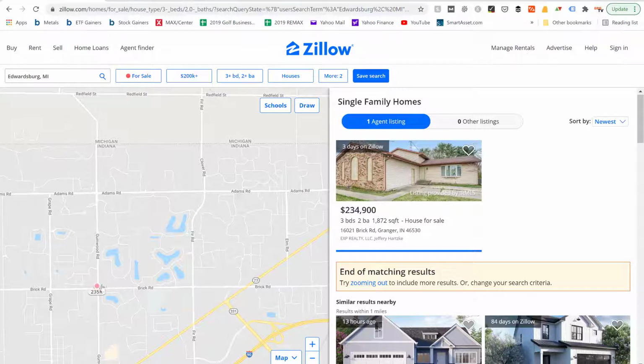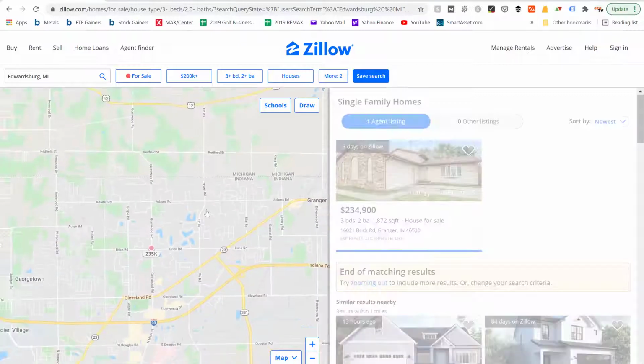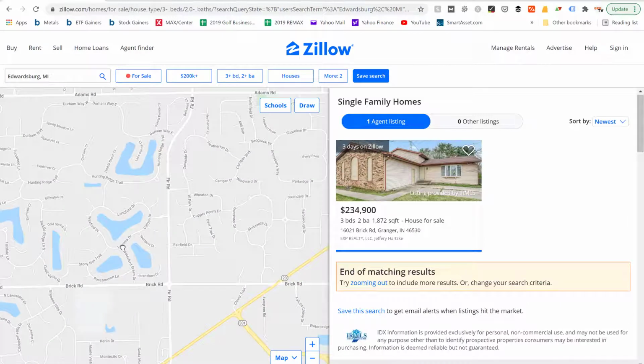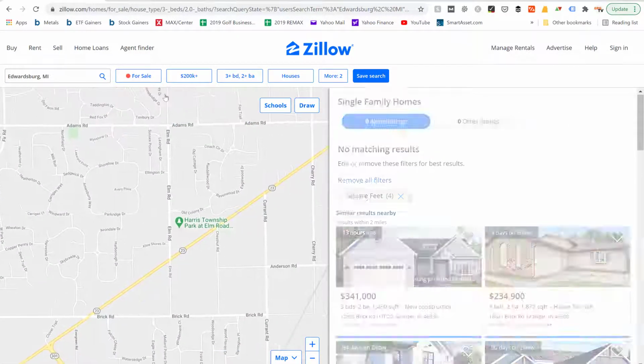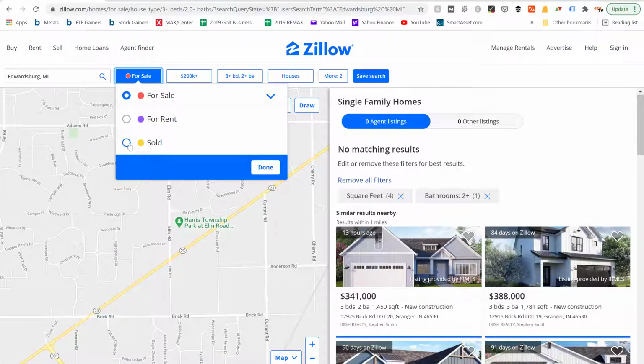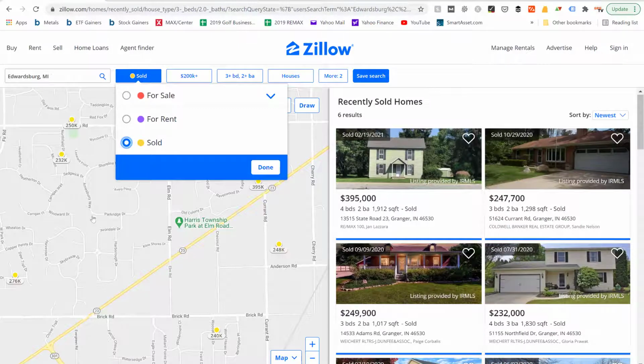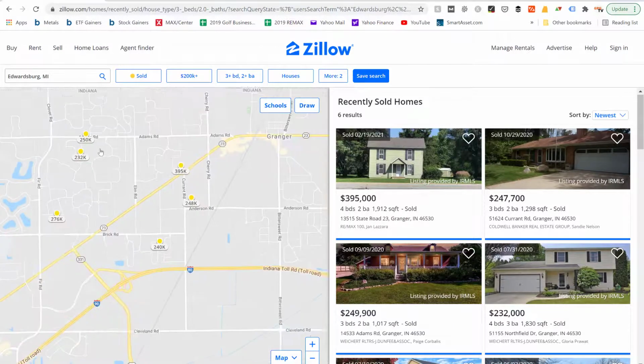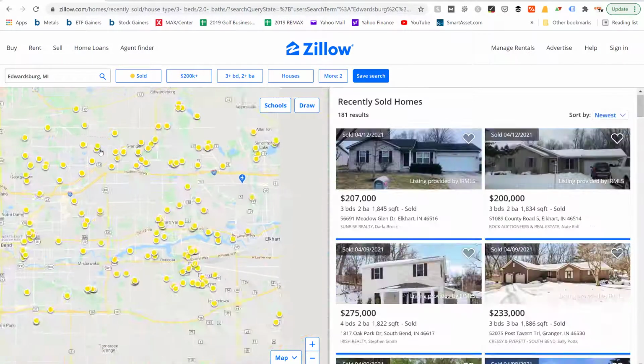So that one wouldn't work for a flip, but at least you get the idea of the method of how you can go and look for different houses in different regions, different neighborhoods, based on using the sale comps, the sold yellow dots to see what neighborhoods are typically selling for, and using these different filters up here at the top. So with that being said, we'll go ahead and close out today's quick video showing you how to use